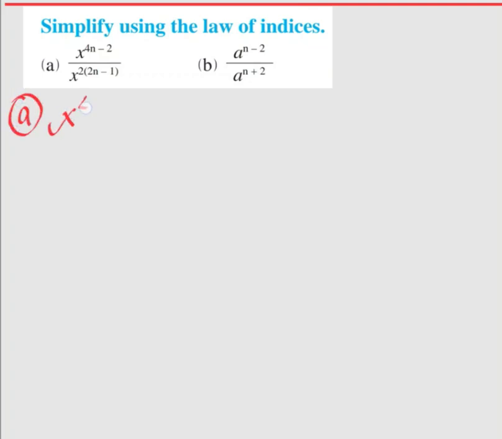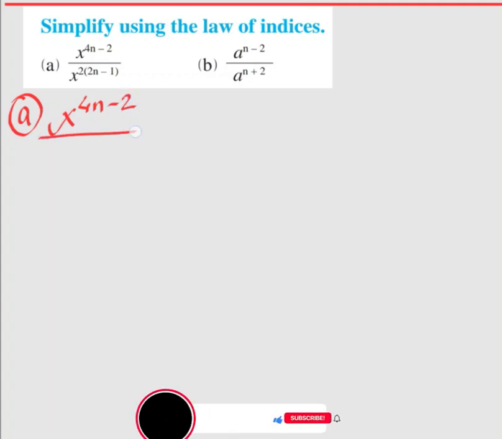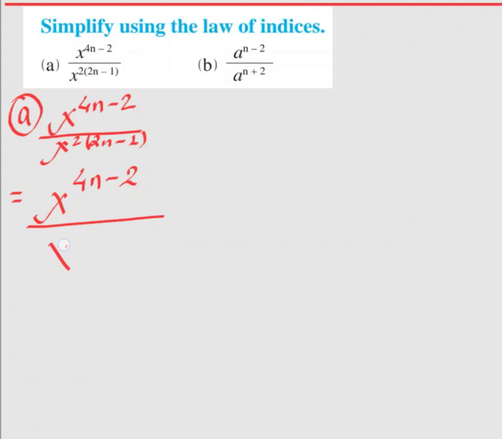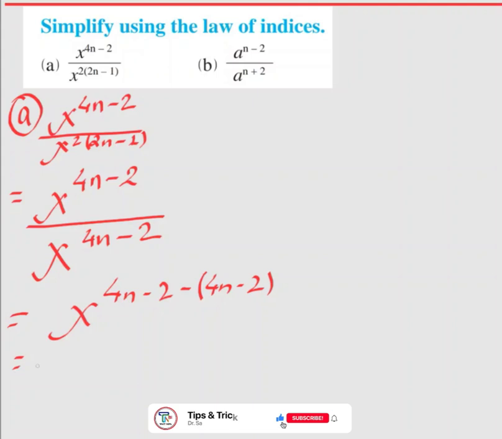It's x^(4n-2) divided by x^(2(2n-1)). So just remember that it's division and the base x is the same. So what we can do, just write x^(4n-2). Let's simplify here: 2 into 2n minus 1 is 4n minus 2. So 4n minus 2 minus (4n minus 2) equals x^(4n-2)